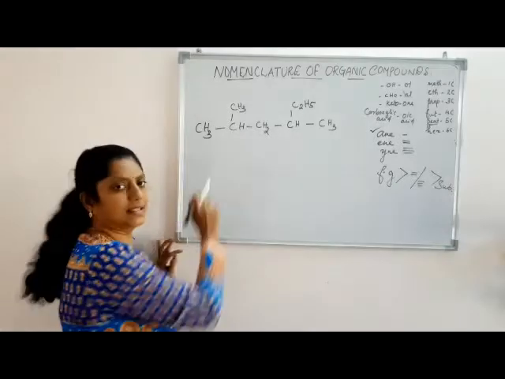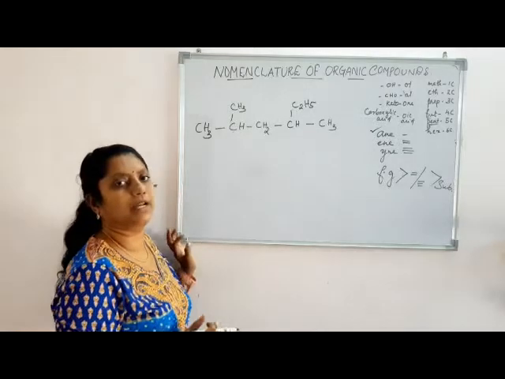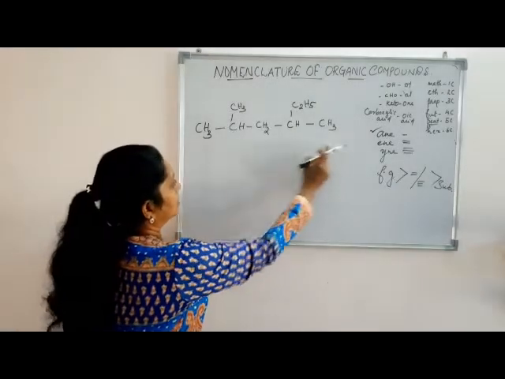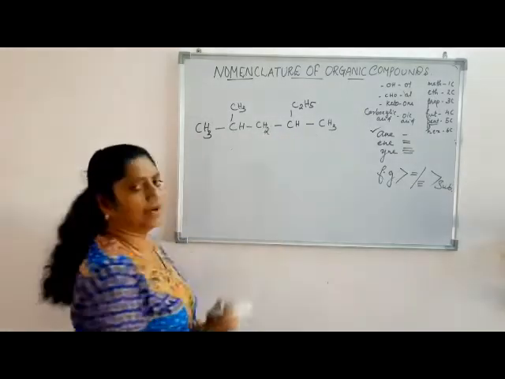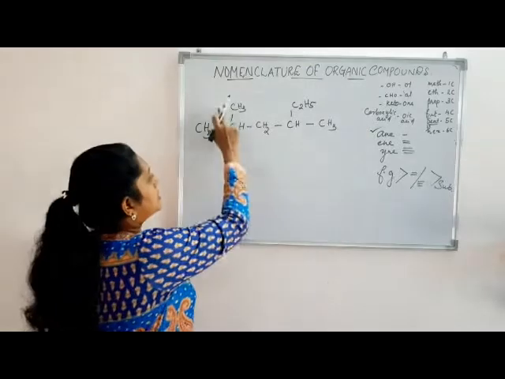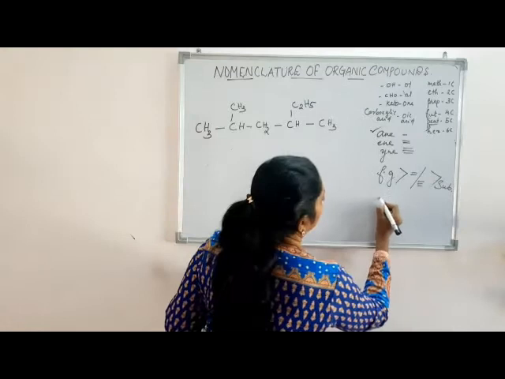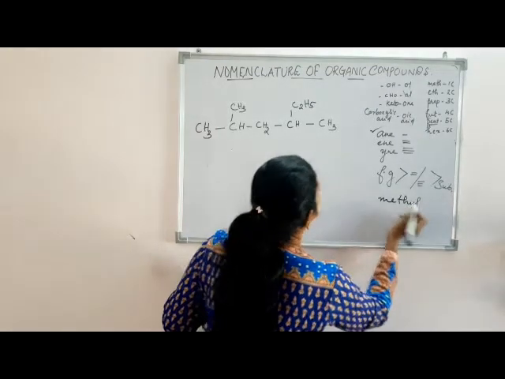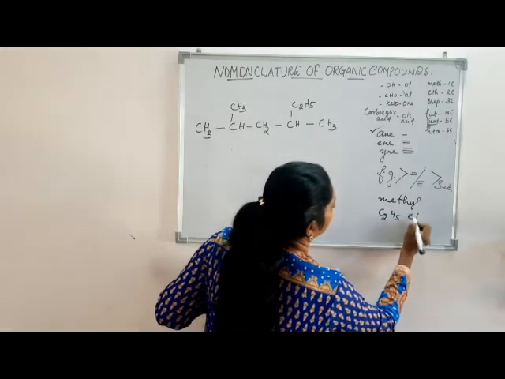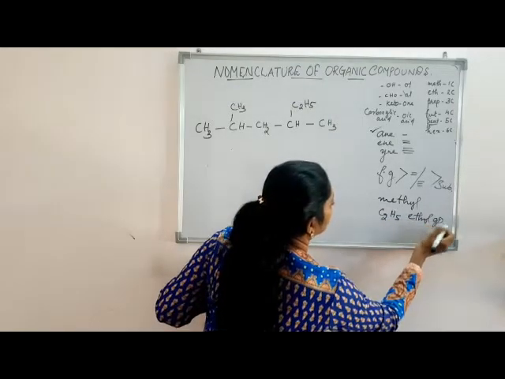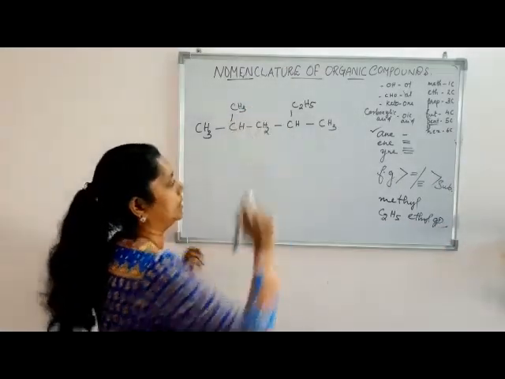Okay. This is the next compound. Here 2 substituents are also present. First we have to identify the main chain. This is the longest chain. It contains how many carbon atoms? 1, 2, 3, 4 and 5 carbon atoms are present. And 2 substituents are also present here. One is the CH3 group, called the methyl group, and the other is the C2H5 group, that is the ethyl group. We have already discussed this in our previous videos. Please watch it. Okay, methyl group and ethyl group are present.